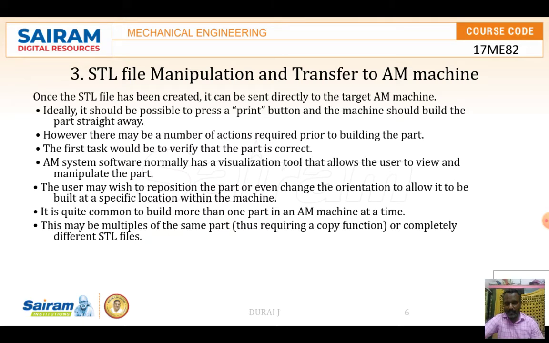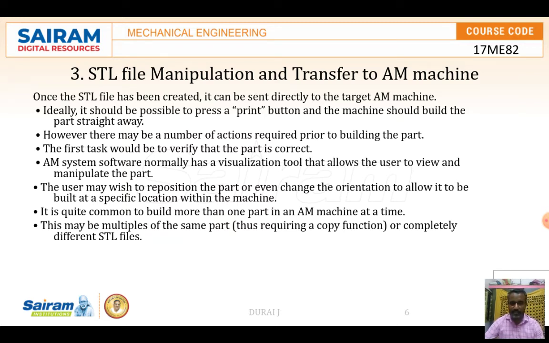Then comes the STL file manipulation to transfer to the additive manufacturing machine. Once the correct STL file is available, a series of steps is required to transfer the information to start the build.